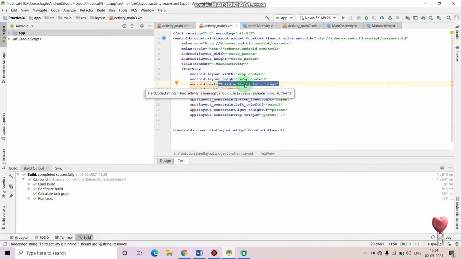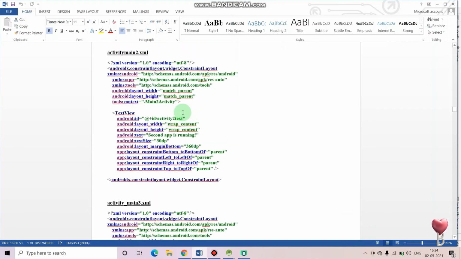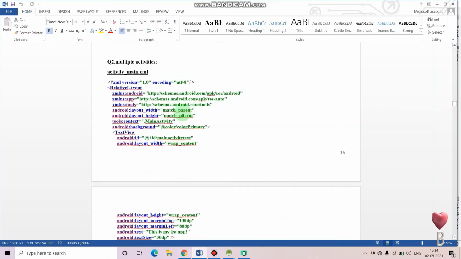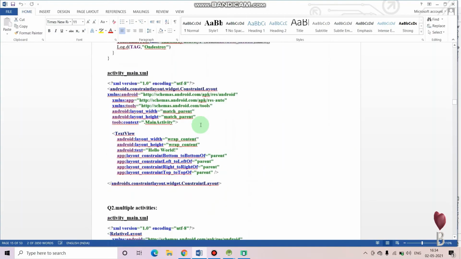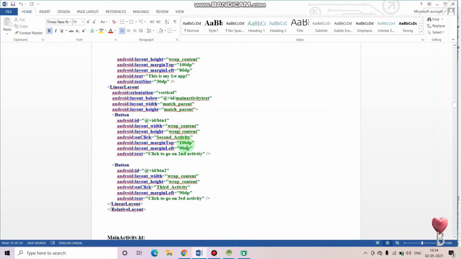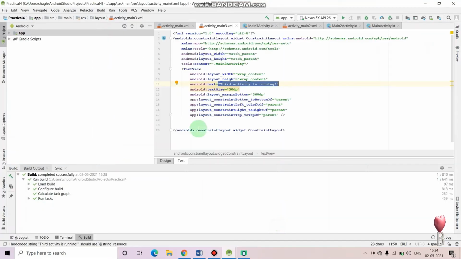You can specify the message also, the message we used in the earlier practical, but we are not using it. We have simply defined the text views in these activities.